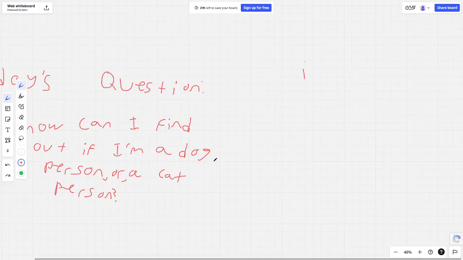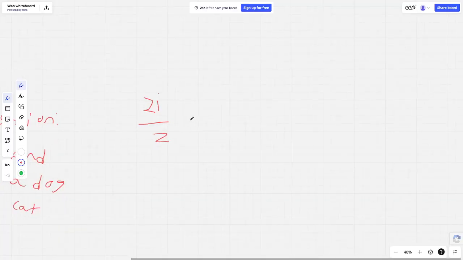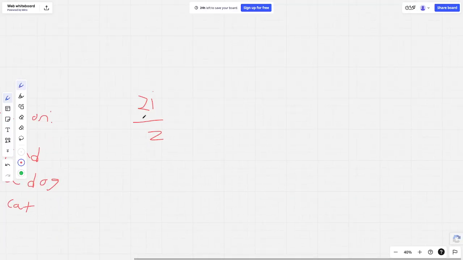Now there's two expressions. There's if you're a dog person or a cat person. So this is very simple. You times it by 2 and divide it by 2. Now you might ask, why is this exactly necessary for the equation? It isn't. I just decided to do that. Anyway,